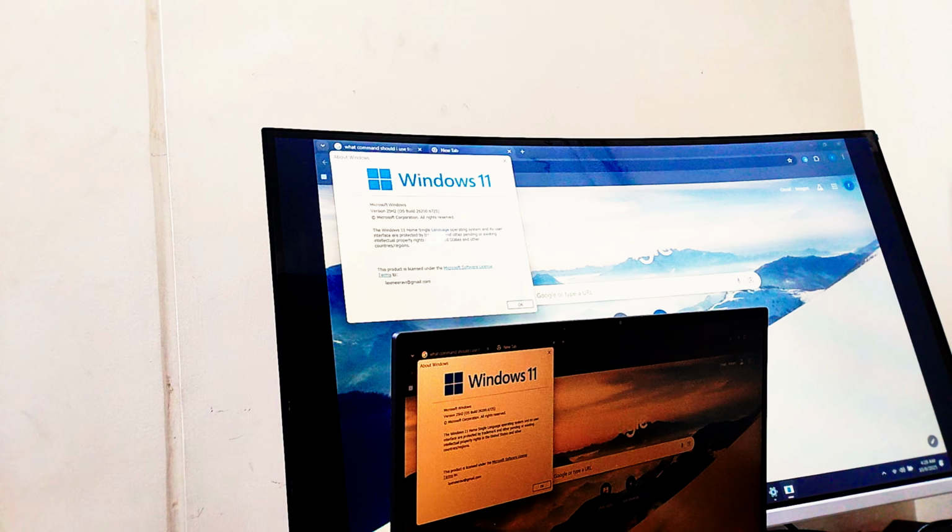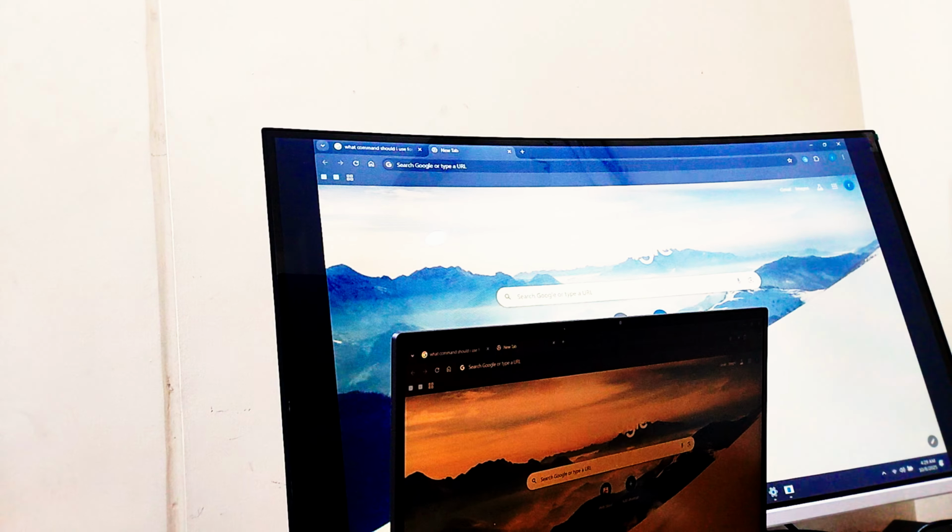We have successfully upgraded Windows 11 25H2, and back then it was 24H2. So this is how you upgrade. This is by Windows update and